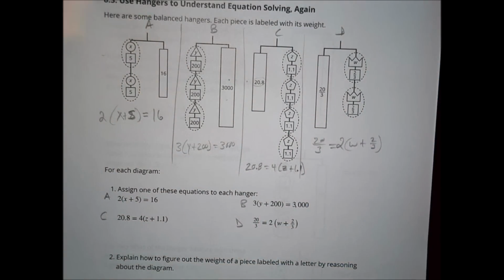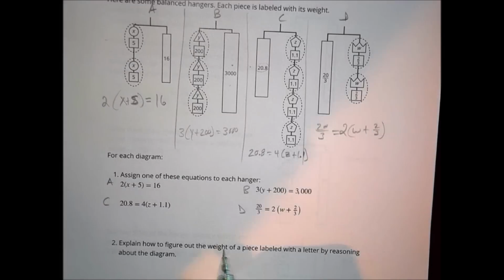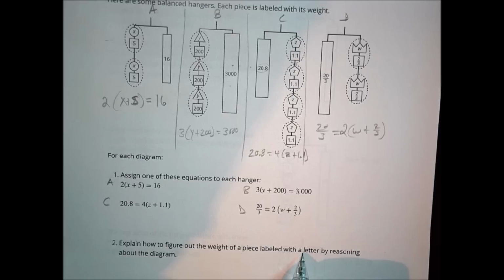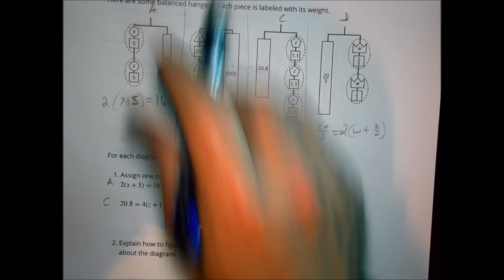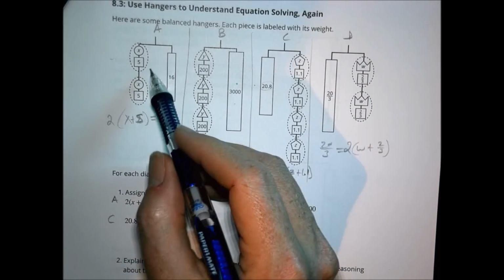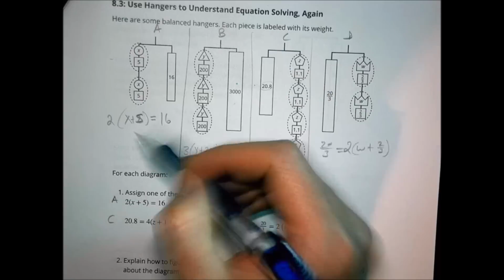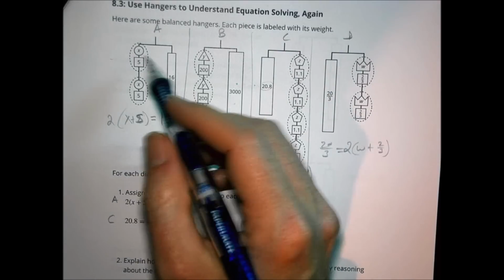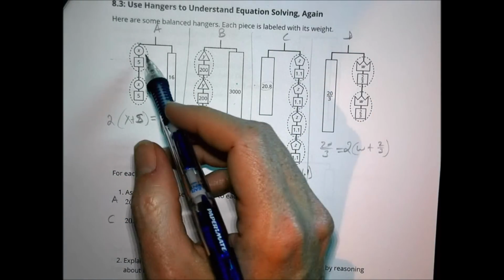So the second question says, explain how to figure out the weight of a piece labeled with a letter. So how do you figure out the x, the y, the z, and the w by reasoning about the diagram? When you look at the diagram, how do you figure out what that's going to be? So when we look at this diagram here, if I'm trying to solve for x for this one, not worrying about doing an equation, but just the diagram, to find out what x is, what I first do is